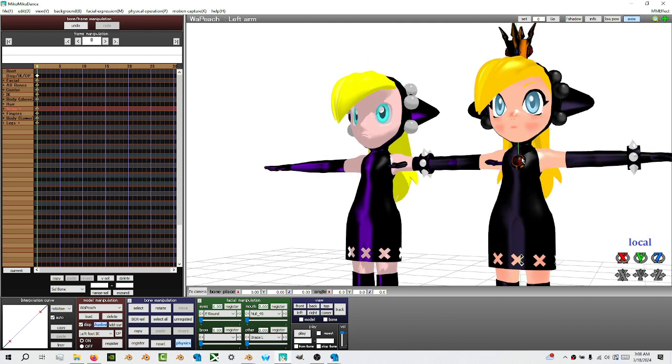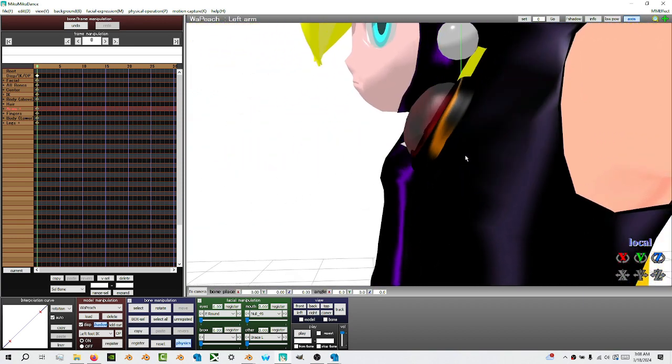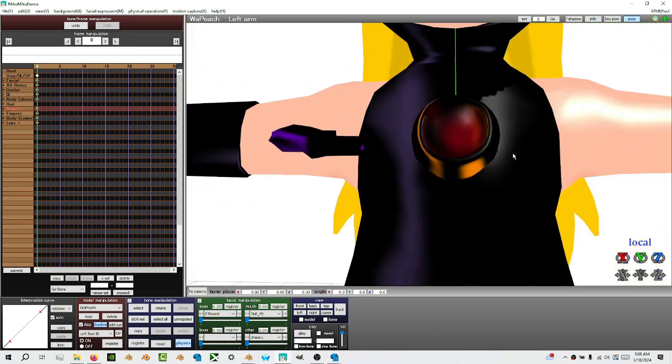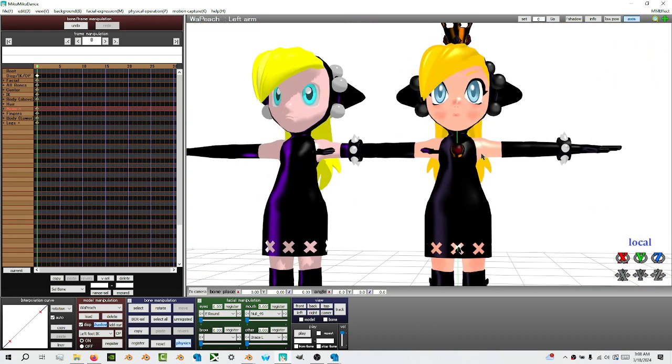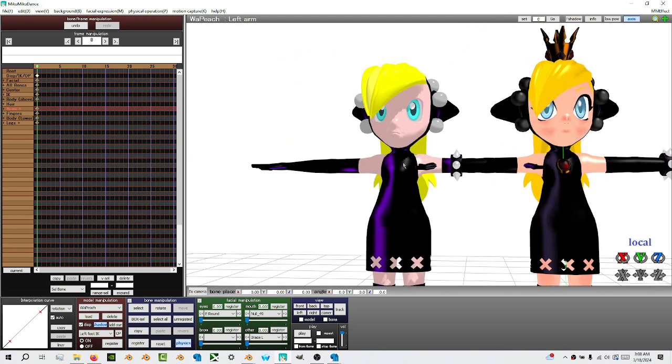Like this is see-through, like that. So I will be testing that another time, but this will be a PMD model,